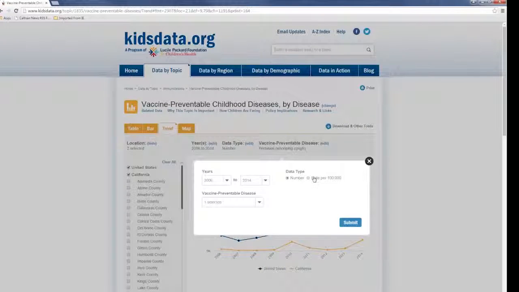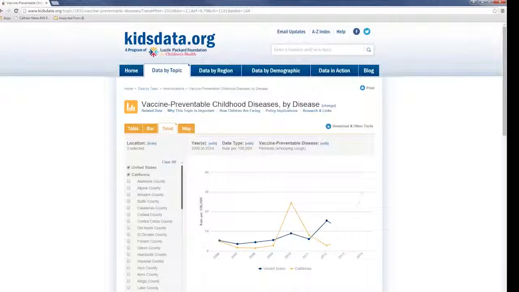If we would like to see this as a rate, this changes our understanding as well. So California's 2014 pertussis rate was 29.3 per 100,000 people in California. This was more than 3 times the rate nationwide, which was 9 of every 100,000 people. So you could see California is bearing a disproportionate burden for pertussis,